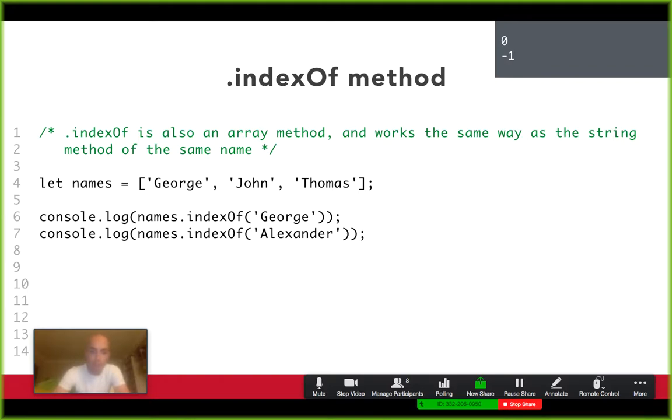The other thing to consider here is it will give you back the first match it finds going from left to right. And so if you have multiple matches in your array, it will still only give you the index of the first match it finds going from left to right. Right. So if my array is George, John, Thomas, George, and I search for George, it's only going to give me the first George it finds, which is at index 0. So the one at index 3, it might be there, but as far as JavaScript or indexOf is concerned, it doesn't care. It found at least one match, so that's what it gives back to you. Okay, and then the